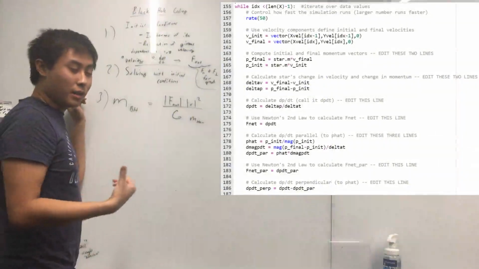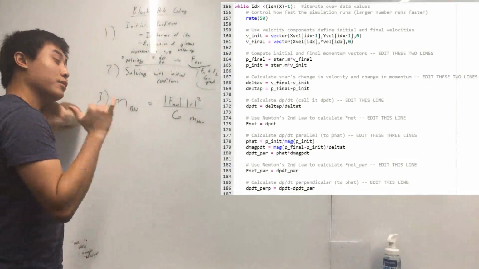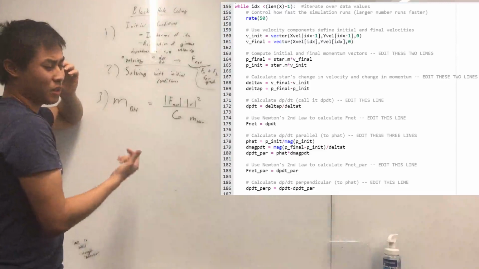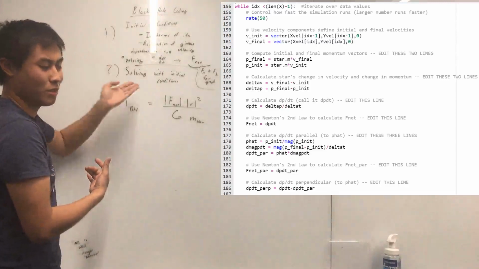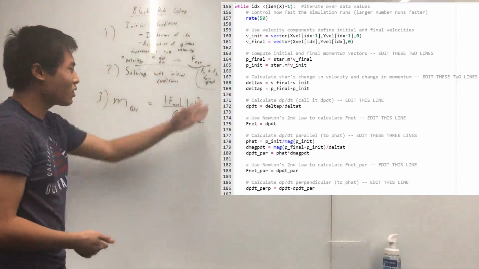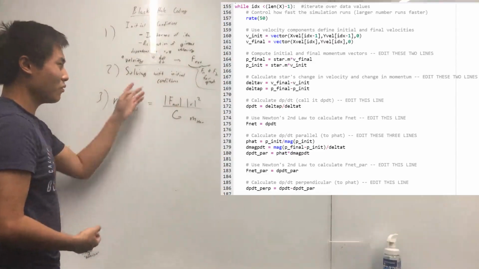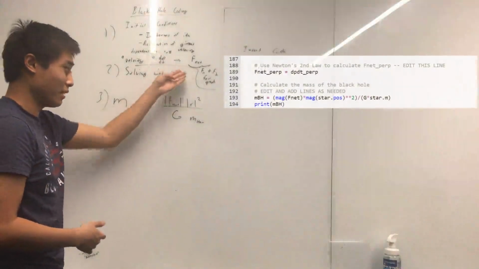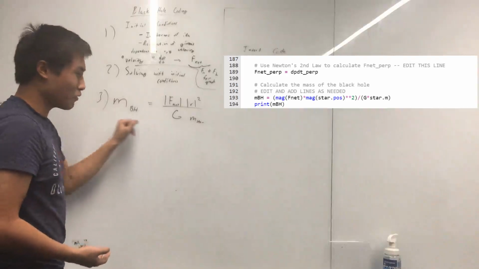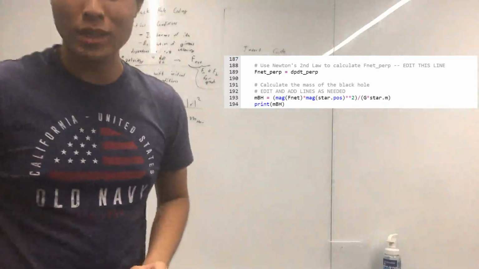Alright guys, now let's talk about what happens inside of that index loop. So over here I have my initial conditions. The only difference now is that it'll all be in terms of the indexing. So for example, since I have my x and y components in the index, I'll be taking in terms of velocity and momentum, which will then give me, as everyone loves and knows, the net force. Furthermore, it can be divided into the parallel and perpendicular forces for graphing purposes. Now, when I solve with initial conditions, given the net force, and the conditions from before, just given to us from the worksheet, then we could go ahead and find the mass of the black hole. So, let's start the code and see just how much mass we have.